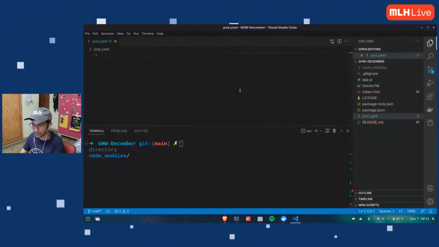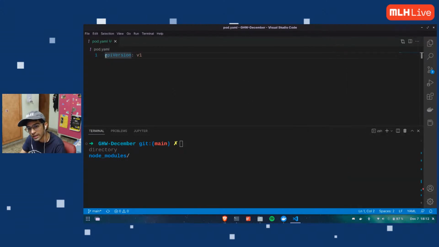So I'm going to say apiVersion: v1, just like on the website. Notice the A is lowercase and the V is uppercase. This is called camel case. We use camel case while defining our configuration for YAML in Kubernetes, camel case all the time. What is camel case, if you ask?